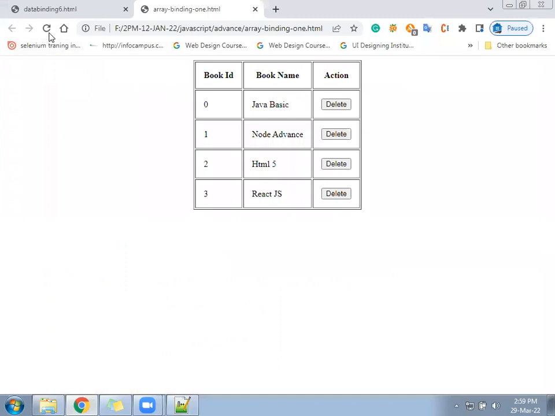Once the page runs, immediately the list of books will come on your page.